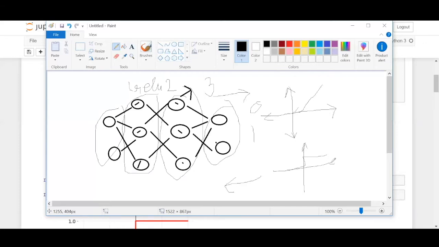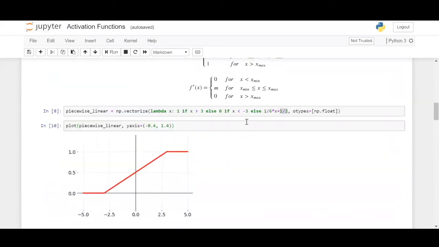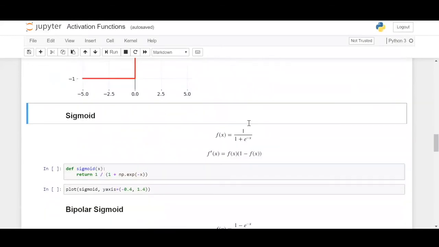So let us use this activation function to compute the outputs. Why compute outputs with binary step? Because the output is either 0 or 1 here. So two classes, hence we are using binary step. If it's three classes, we can use another activation like softmax, tanh, or even ReLU. ReLU is also good in this case. So now is it a bit clear as to the role of the activation function? Okay, now let's get back into this one. So binary step is done, piecewise linear is done, bipolar is done.